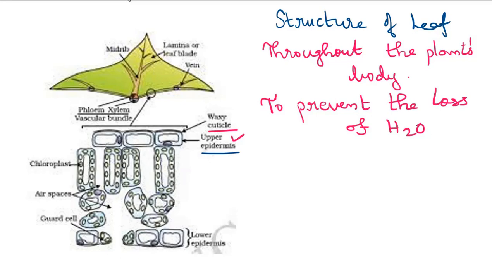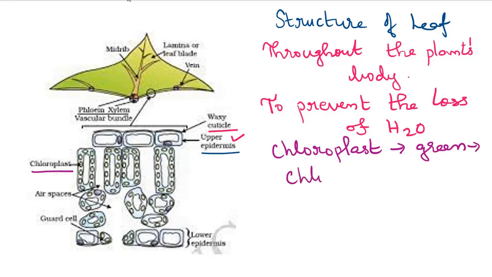Within the upper epidermis, you will be able to see parenchymatous cells, but these parenchymatous cells contain the plastid called chloroplast. The chloroplast in turn contains a green colored pigment called chlorophyll. This chlorophyll is very important for performing the photosynthesis process, and the parenchymatous cells in the presence of chloroplast, we call them